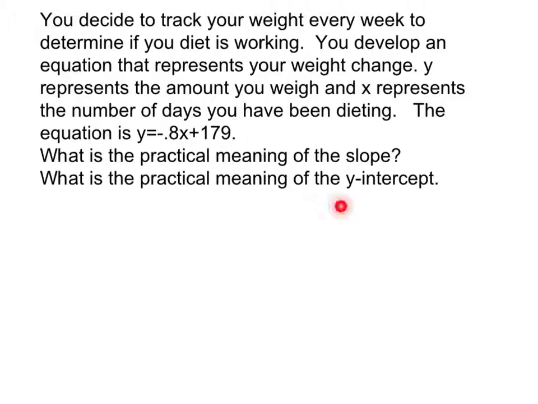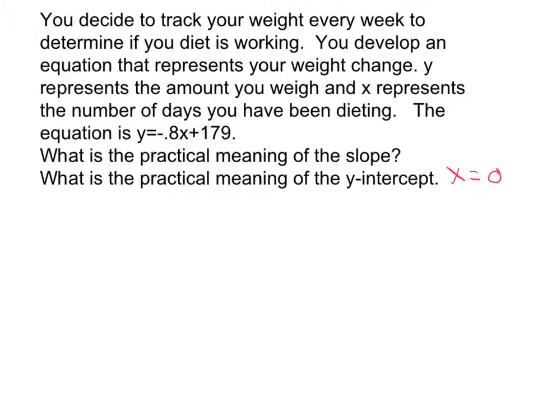And let's start with this second one, the practical meaning of the Y-intercept. So the Y-intercept on this one, that's 179. There's something that's unique about the Y-intercept. We call it the vertical intercept sometimes. And that's where this X here is equal to 0. So if we were to write that one out, this is where X equals 0. So all we can do here is plug in 0 for our X right here, and that's what